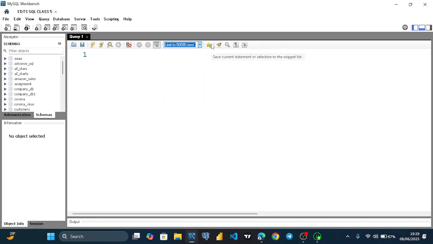That's for data. If you want to display data, you can limit the number of rows you want it to be. You can use this to save a current statement you've just written. You can use this to beautify, that's to make your script look beautiful. You can use this to show and find editors. These are just all editors. And then